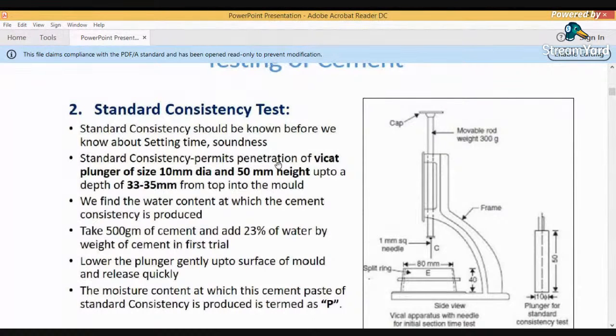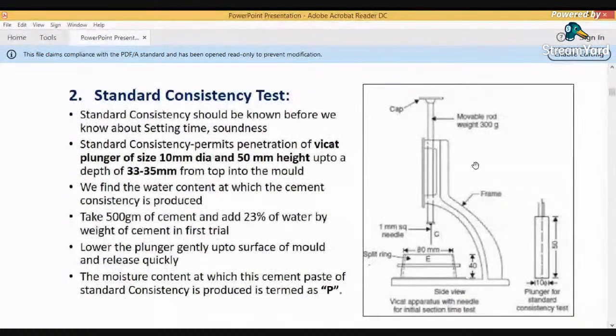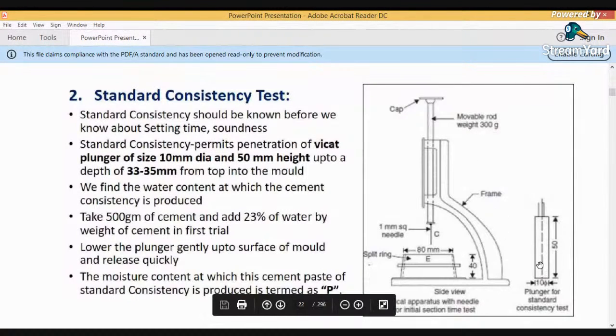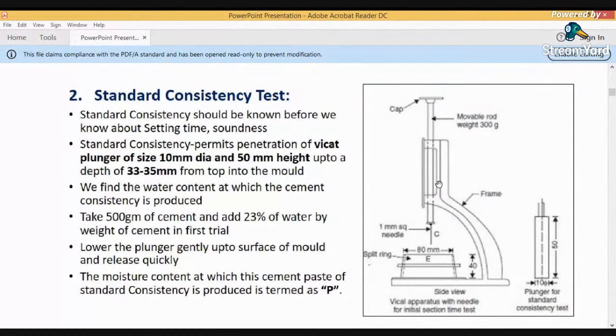In the figure on the right side, you can see this is a Vicat apparatus, which has a plunger. The plunger size is 10 millimeter diameter and 50 millimeter height. What you have to do is prepare a sample, a block of the sample, and prepare a mold. In that mold, we take the sample, and we have to penetrate the Vicat plunger